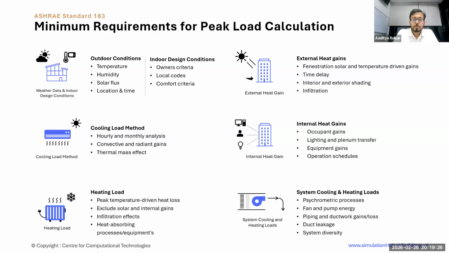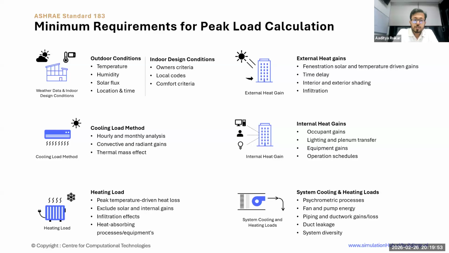Your design should also comply with local codes, like New York has its own code, or India has its own code. And then comfort criteria: who are the occupants there? The design should meet the comfort criteria as well.